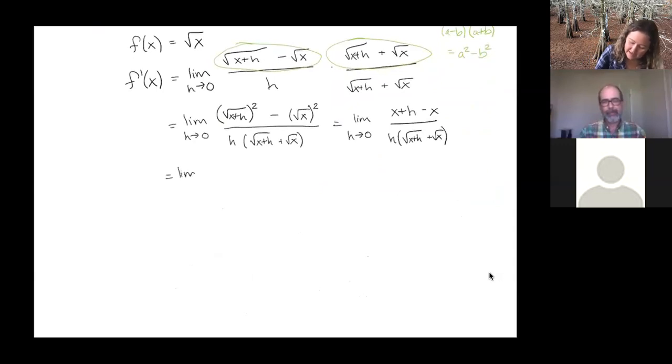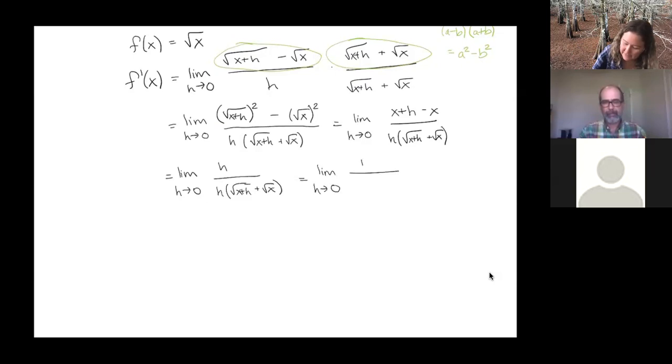Okay. And what's great now is in the numerator, those x terms cancel. We have plus x and we have minus x. And so then we're just left with h. And at this point, we can see the finish line. We can see that we're almost done because we can see that these h terms cancel. If we were to try to take the limit now, we'd run into the same problem. We'd have 0 divided by 0. We don't want that, right? But now that they cancel,